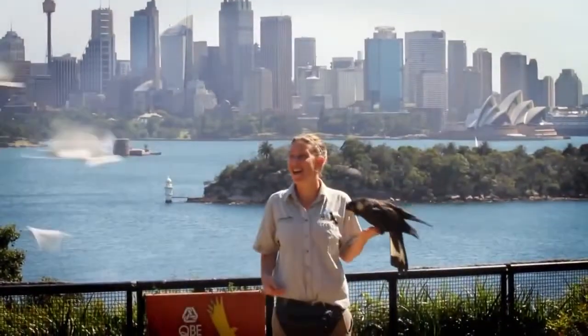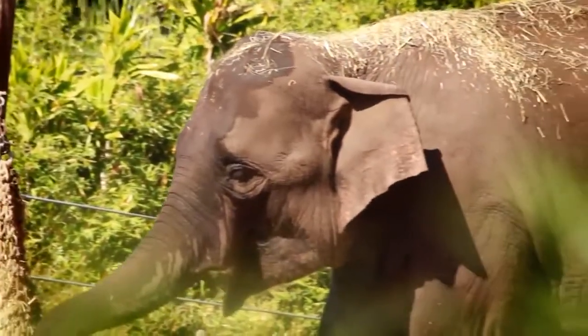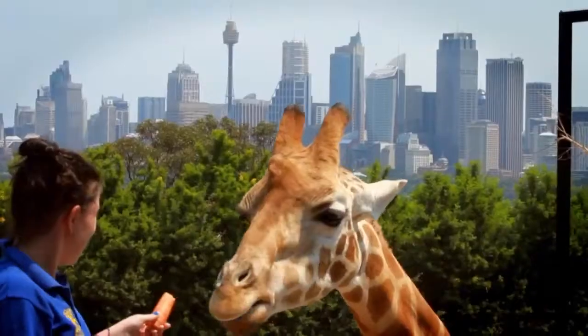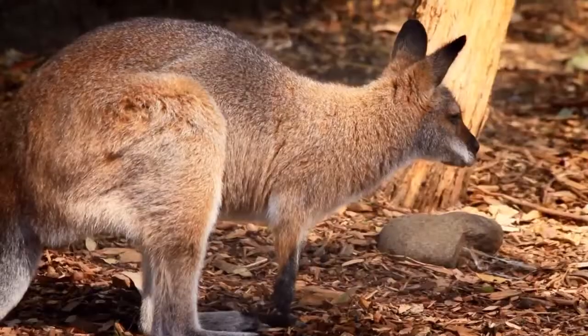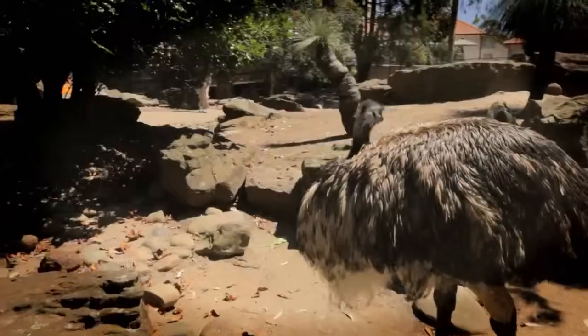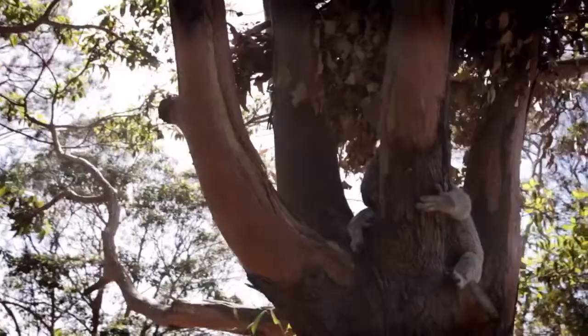Taronga Zoo, located on the shores of Sydney Harbour, is now home to more than 2,500 animals, across 8 zoo geographic regions, across 52 acres. Today, the conservation efforts of Taronga help protect thousands more around the globe, a far cry from its humble beginnings